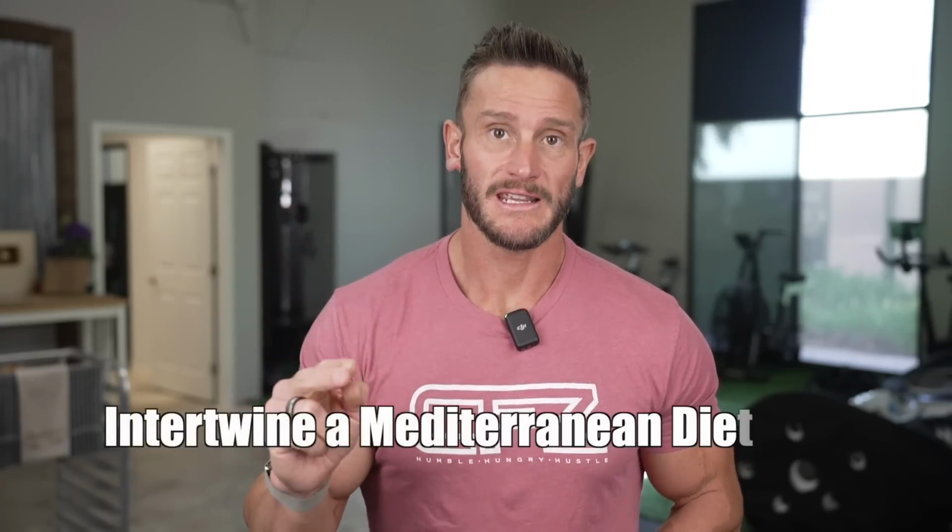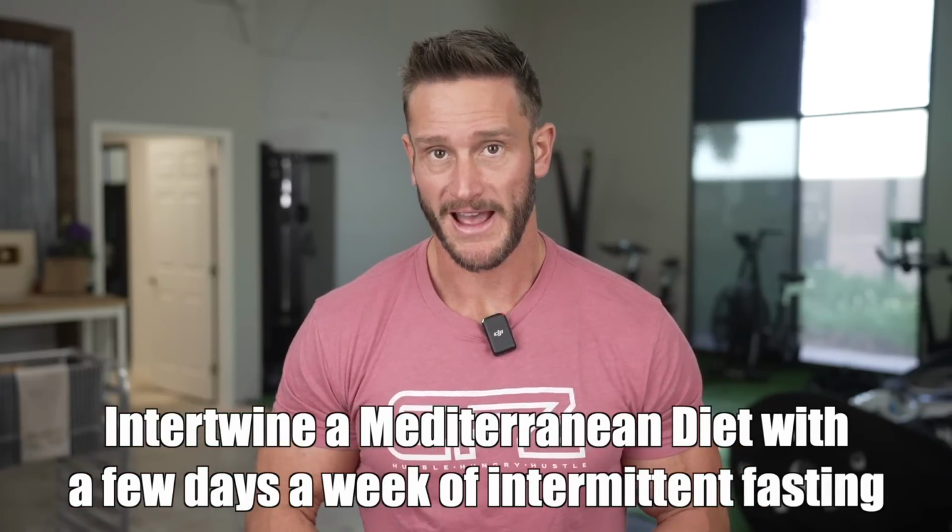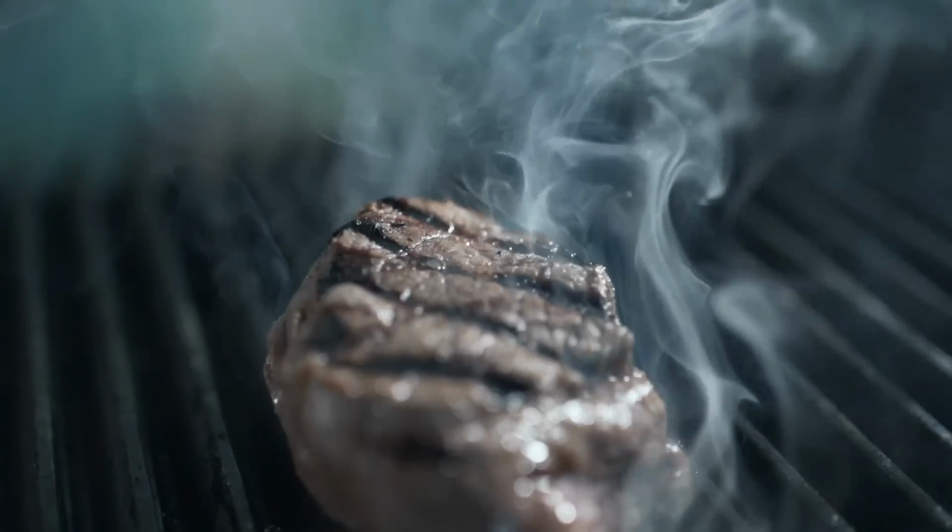But the biggest, most important thing that you need to do if you're going to follow any Mediterranean style here is you need to intertwine it with a couple days per week of intermittent fasting. And the reason that I say that is because the literature is strong. Combining fasting with Mediterranean is highly, highly effective because you're getting the benefits of abstaining from food and the body getting good at utilizing fats and oxidizing fuels, along with the benefits of Mediterranean with improvements in HDL, improvements in LDL, improvements in triglycerides, improvements in metabolic function, mitochondrial health, the brain, the skin, all those things that come with monounsaturated fatty acid intake, with protein intake, with the